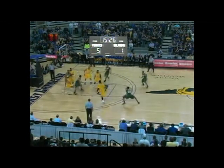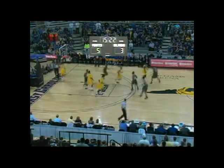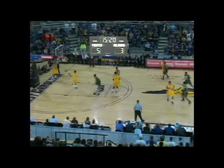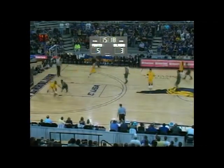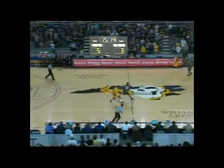The jumper is up, and it's no good by Keon Palmer, who came in. The rebound comes down, and a little jump hook by Galvin in the paint. And finally, Jacksonville's on the board with a field goal. And here's the full court pressure again, and Gaines is going to have to play it all night long. Yep. 5-3 our score, and they'll run those guards in and out for Jacksonville and really